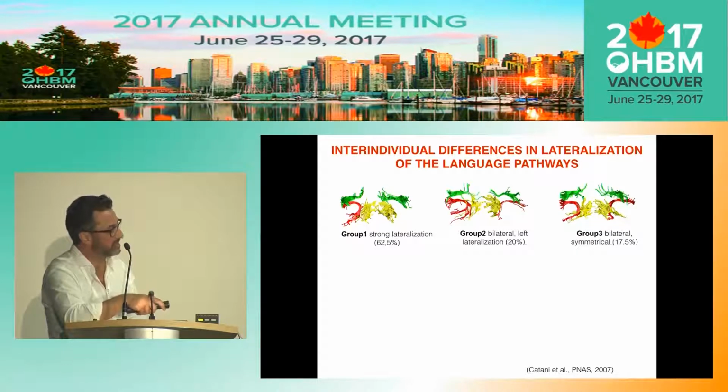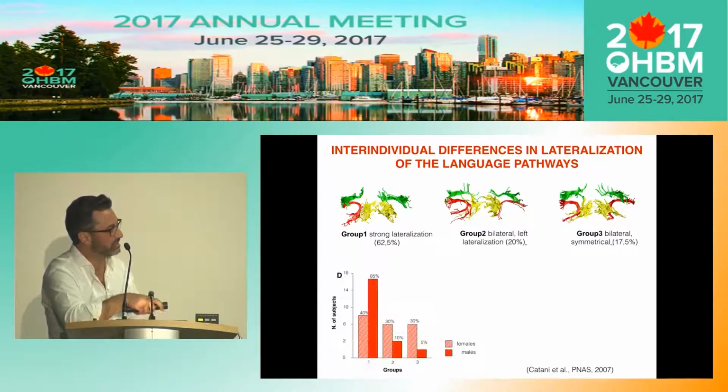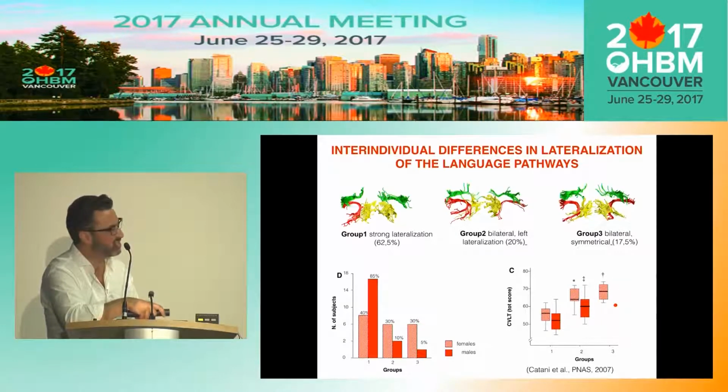About 60%, 80% of us are left lateralized, and only 20% are bilateral and symmetrical. That difference depends on gender, so males are much more left lateralized, belong to group 1, and only 50% of males are bilateral or symmetrical, but females 14, 30, and 30. So there are these gender differences, and here you see that actually being bilateral is an advantage for certain tasks